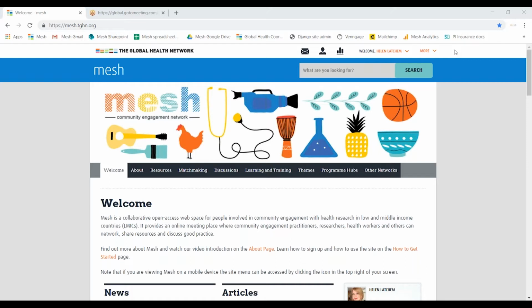In any profession that we have, it's really important to learn from other people's experience. And I felt that community engagement professionals and public engagement professionals needed to be part of a professional network themselves and have support from their peers. Hence why MESH was created, to bring people together and to share work.